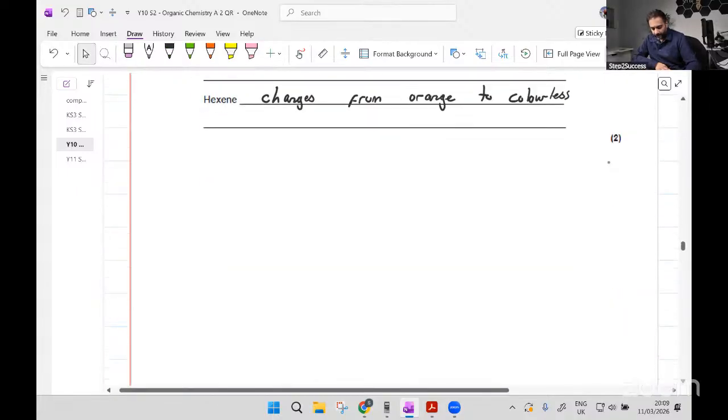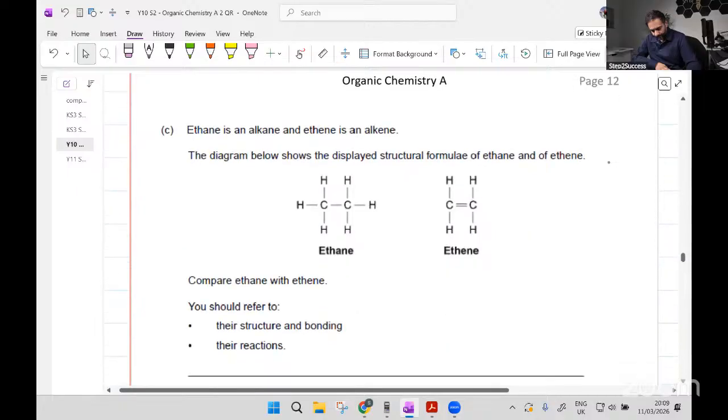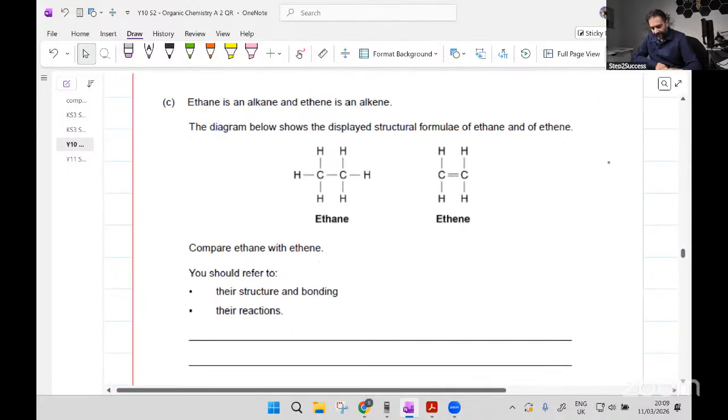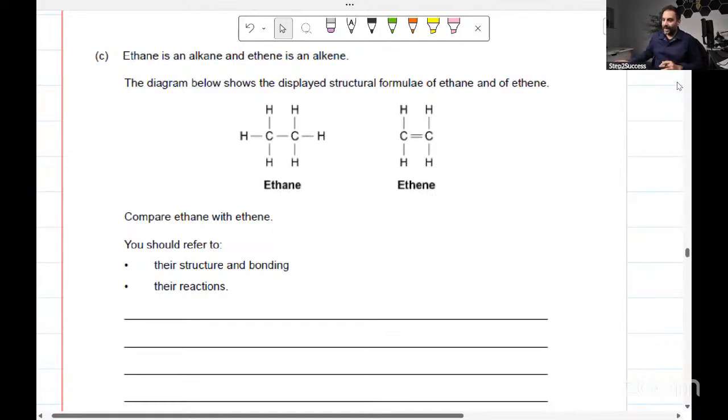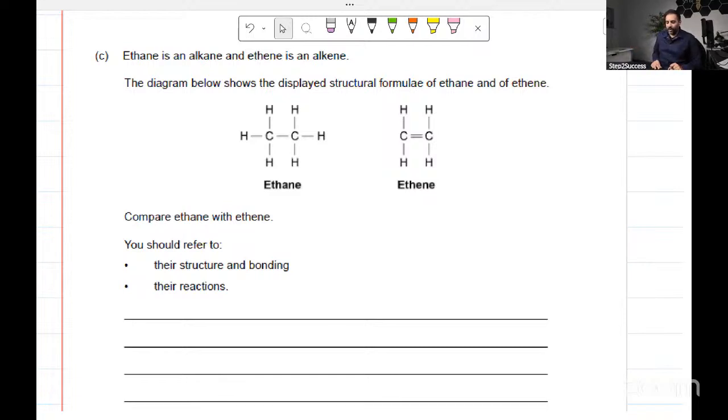So after this question, I want to do a little quick summary of this. Ethane is an alkane, ethene is an alkene. Compare them. Well, actually, to be honest, I was about to compare alkanes and alkenes for you anyway, but we're about to do that in this question. So compare the two. So what you should say here is,